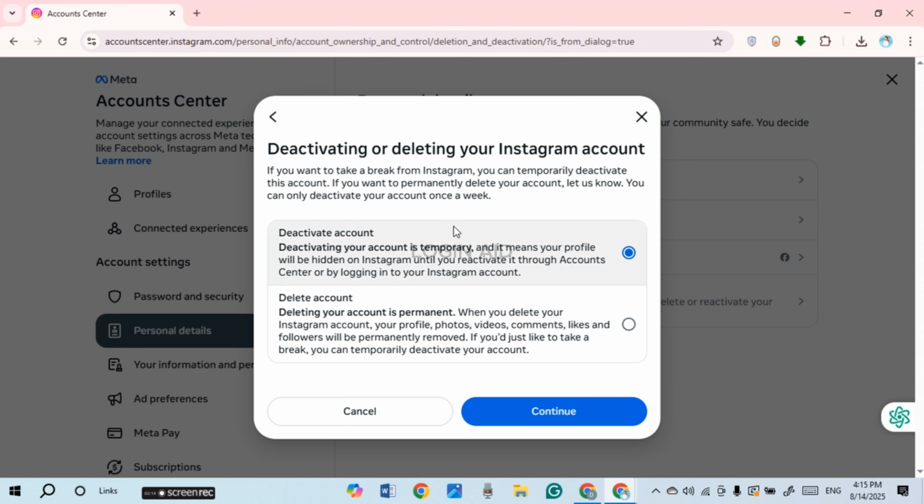Now once you do that, you'll be led to this kind of interface. You'll be able to find two options over here: deactivate account, delete account. If you want to delete the account, what you have to do is simply click on this option, delete account. But if you only want to deactivate the account, click on this option, deactivate account, and click on this option,